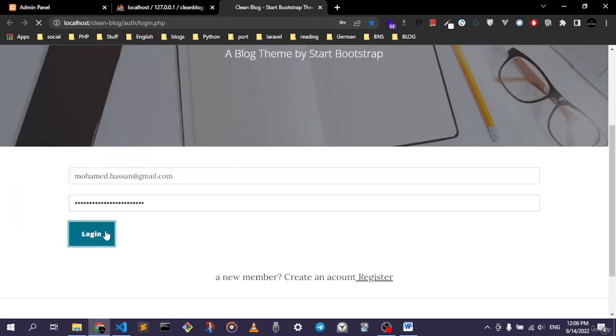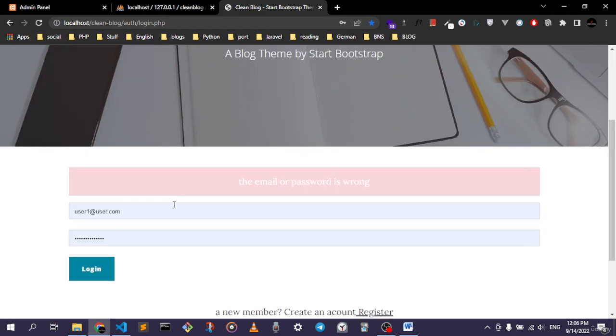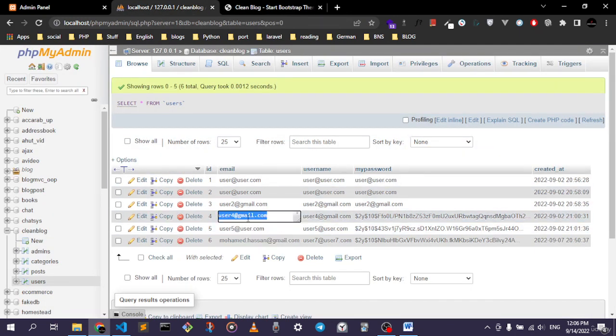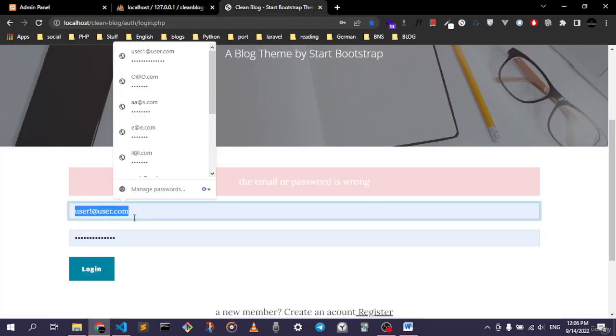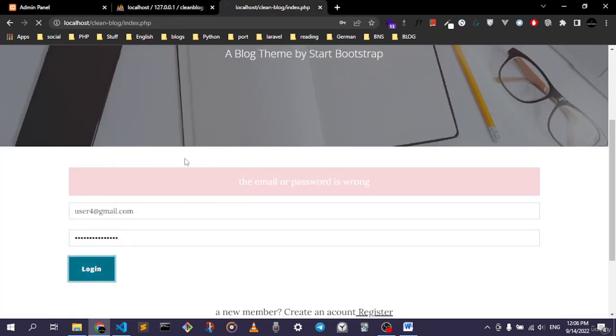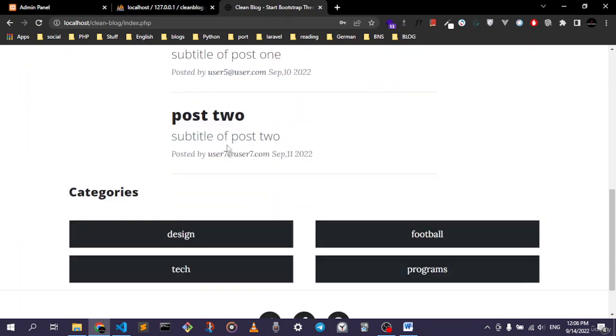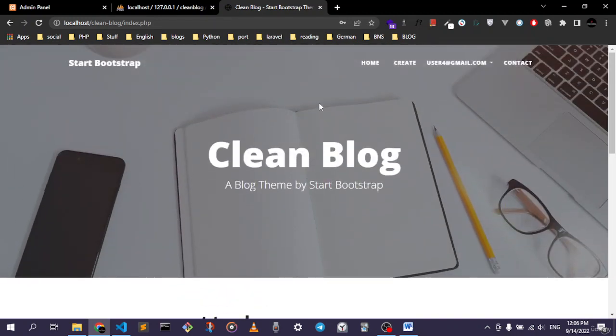Maybe we'll go login. Yeah, it's not the same, so maybe we'll grab this and go login, and now we're actually logged in. So if we go create,